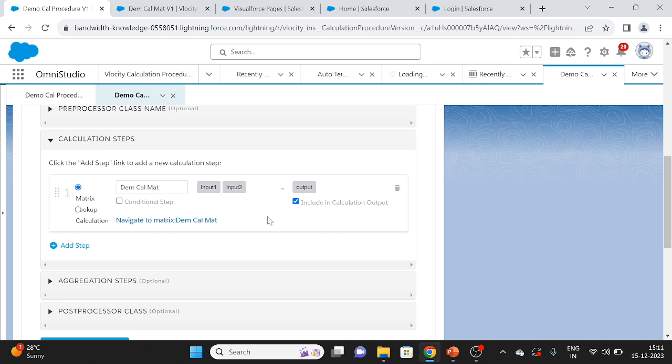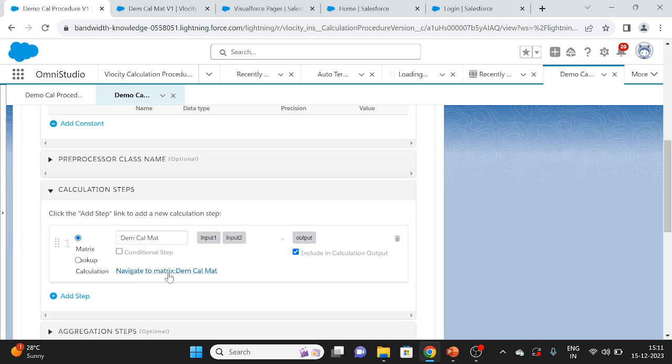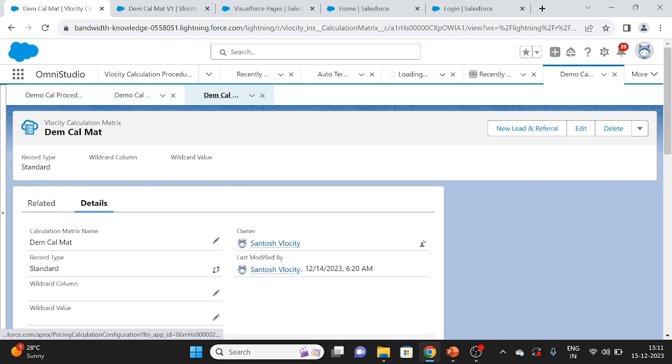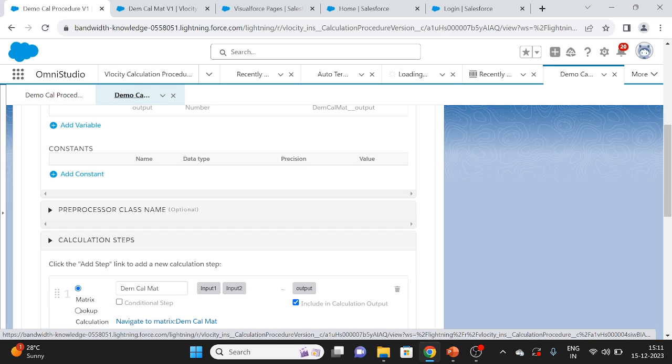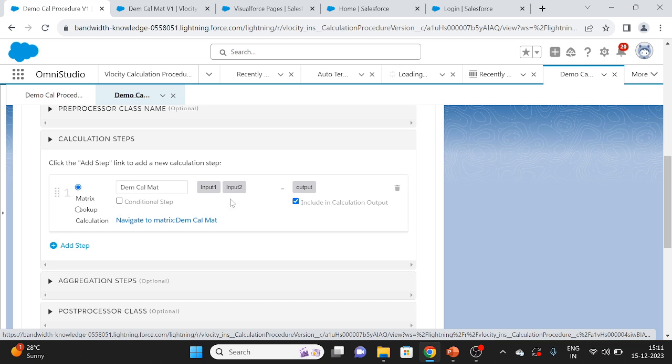It is similar to what we do in the omni scripts. We will show some element based on condition. Similarly, this will calculate based on this condition only. Then here also we have a capability: if we click on this, then that related calculation matrix will be opened here. Now, once we have selected this calculation method from the calculation step section,